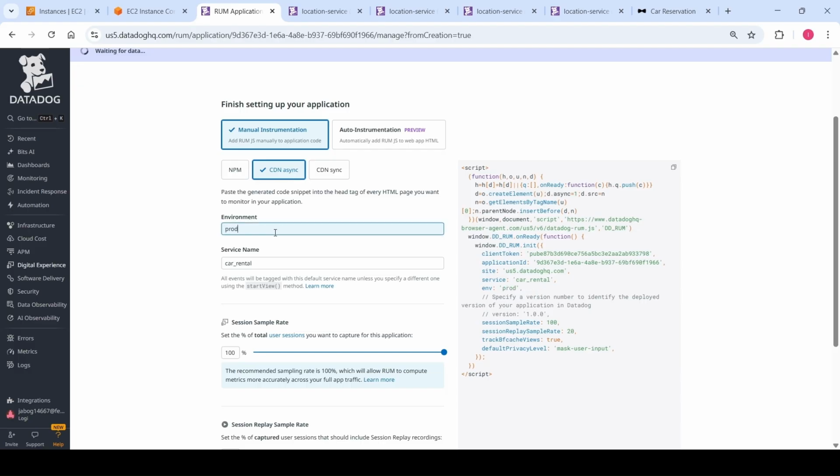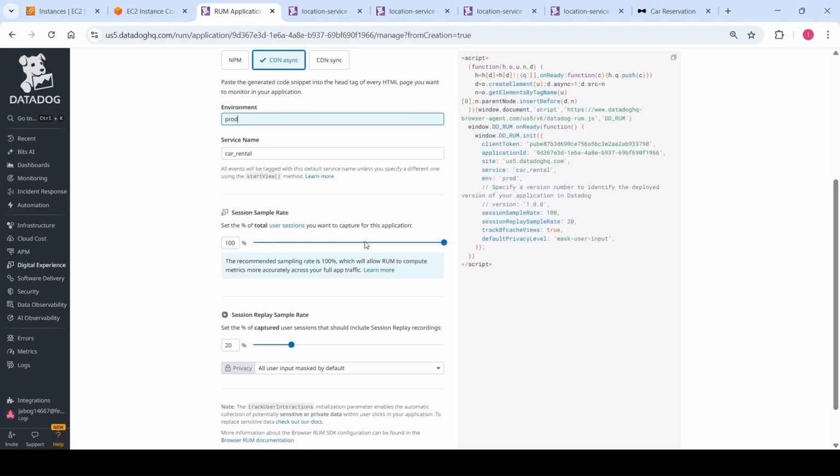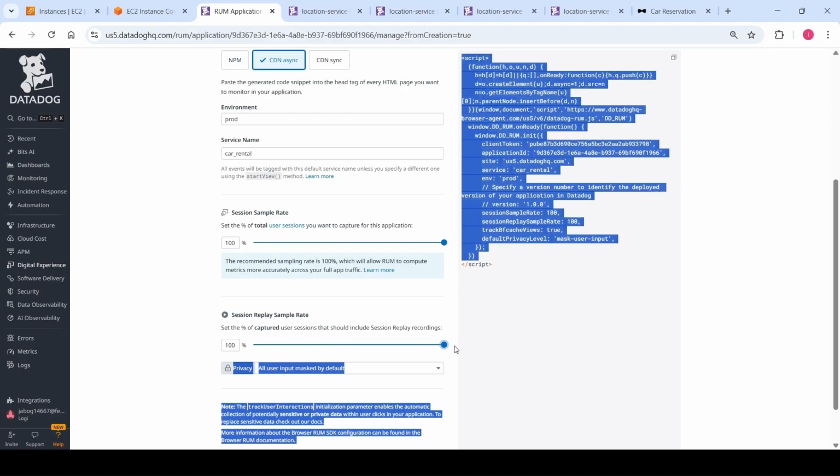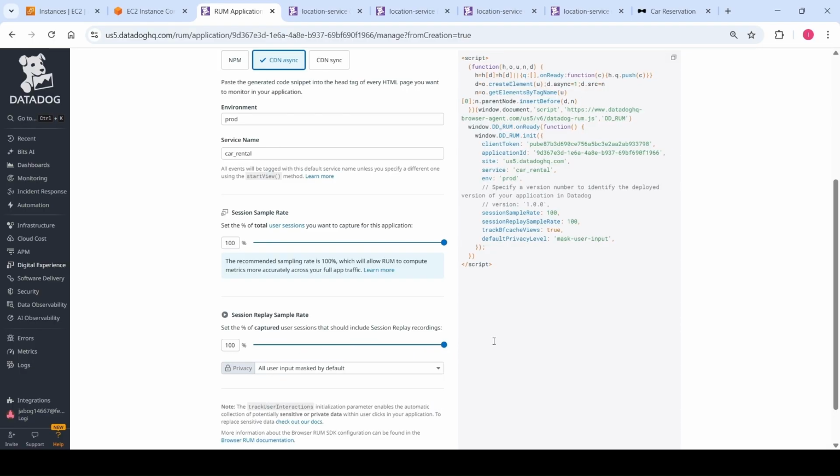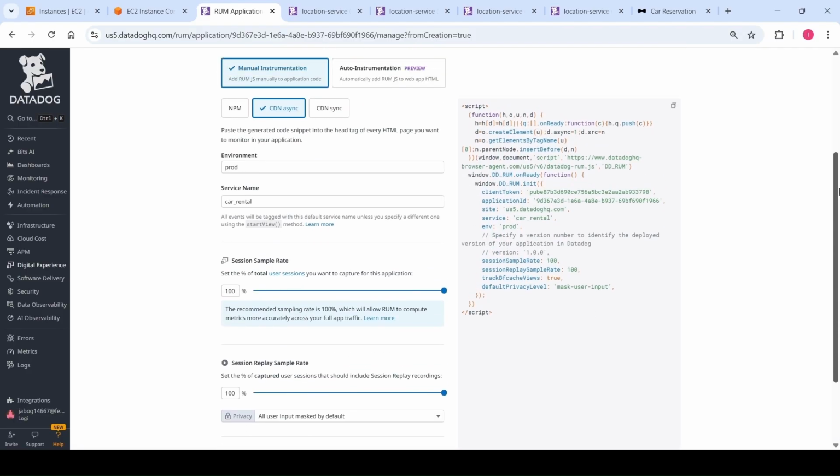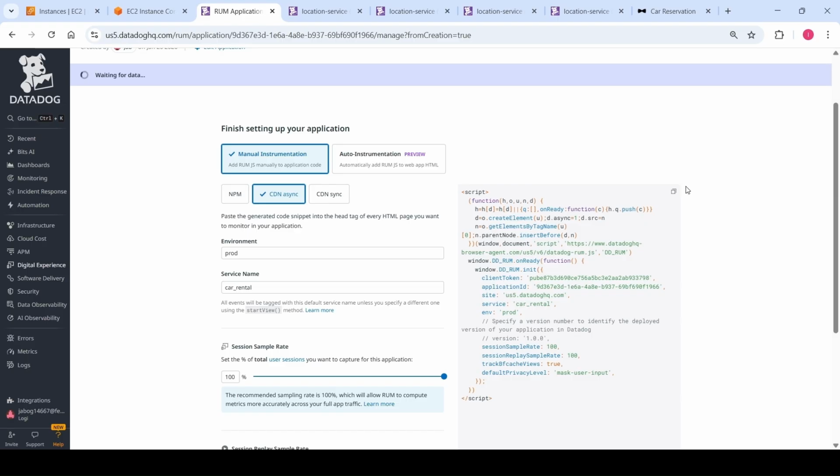But for the demo, let's just go through one. This is prod, and we want the session replay data, and I also want to see all the session related detail as well. So that's it, right? We have a code snippet. What we simply have to do is take this code